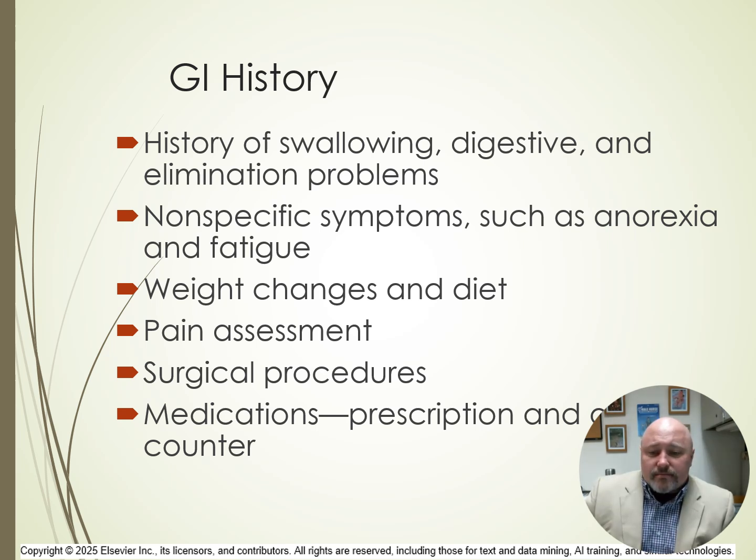During an assessment of the GI history, the patient is questioned about any past problems with indigestion, difficulty swallowing, pain on swallowing, nausea and vomiting, heartburn, belching, abdominal distension, or bloating, diarrhea, constipation, or bleeding. Problems such as anorexia, fatigue, and headache also point to specific GI ailments and should be noted. Weight history includes usual and ideal body weight, along with a history of fluctuations, acute weight loss, and interventions or